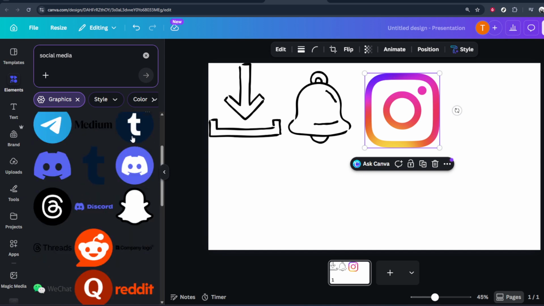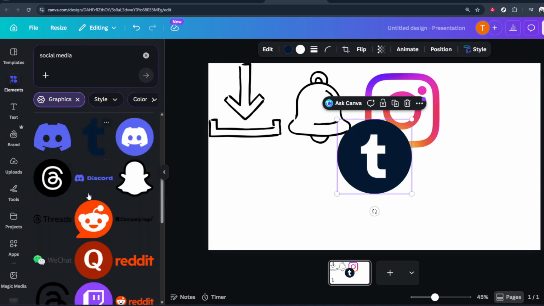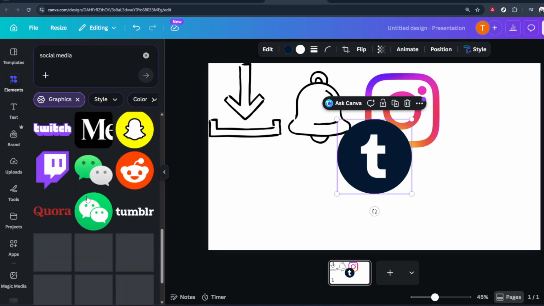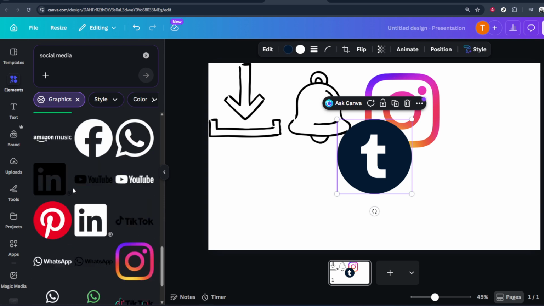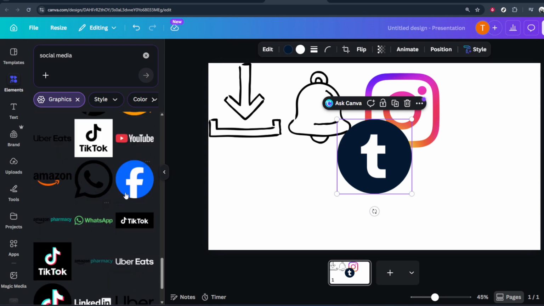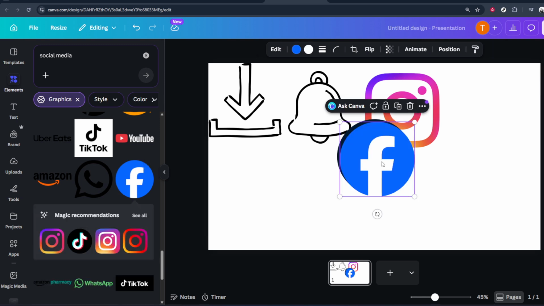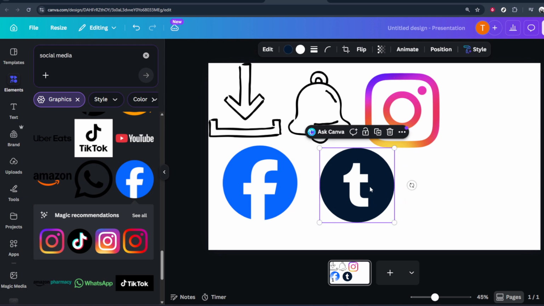From there, you can click and drag to move it to the position you want, such as a corner of your design or near your contact details. To resize it, click and drag one of the corner handles in or out while keeping it proportional. You can also adjust colors on some icons by selecting the icon and then using the color controls in the top toolbar, depending on whether the specific graphic allows color changes. Try to choose colors that fit your overall design and keep the icon clear